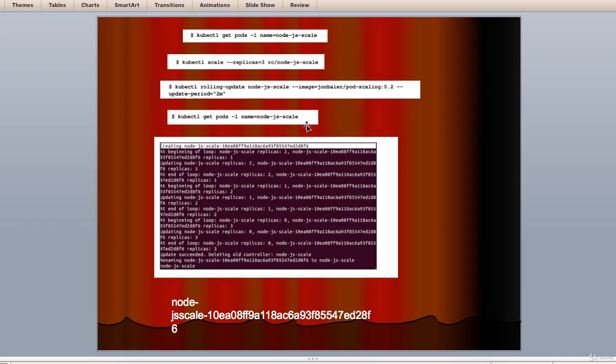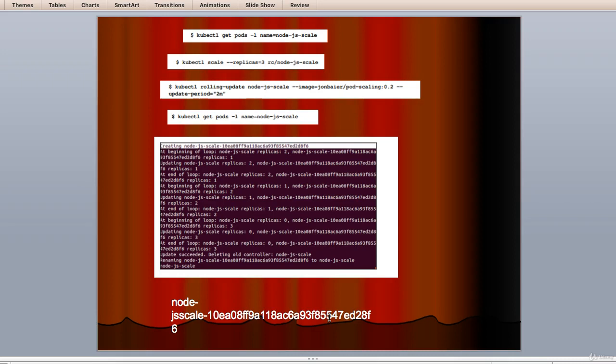Now the full output of the previous rolling update command should look something like the screenshot, as you can see on the screen. As we can see here, Kubernetes is first creating a new RC, named as this, then loops through one by one, creating a new pod in the new controller and removing one from the old.